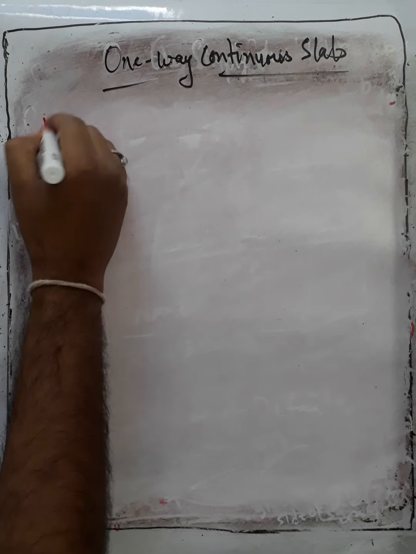So here we have some points given in our code for designing the one-way continuous slab. In this lecture we discuss those points, and in our further lectures we will take a problem based on the one-way continuous slab. So let's write some points which are given in our code. Point number 1,